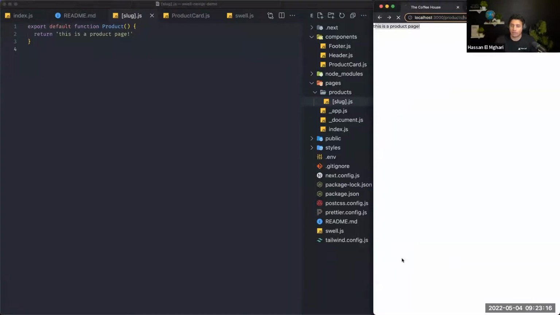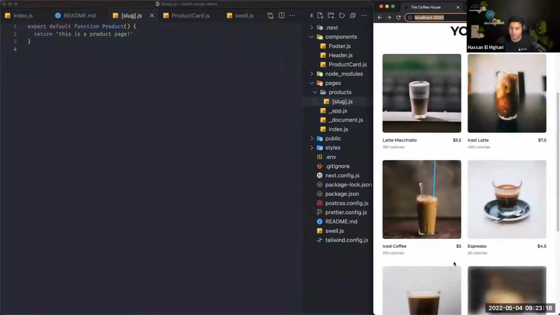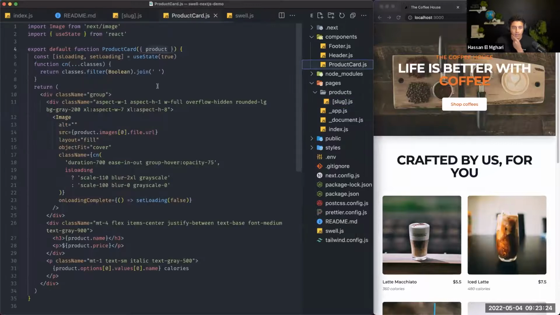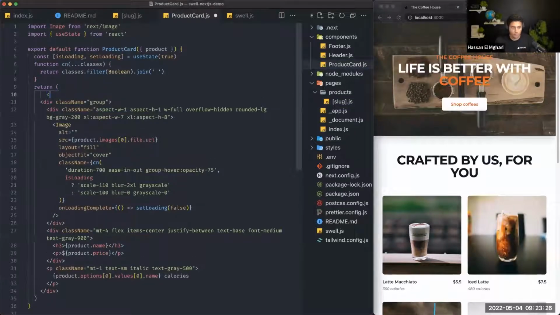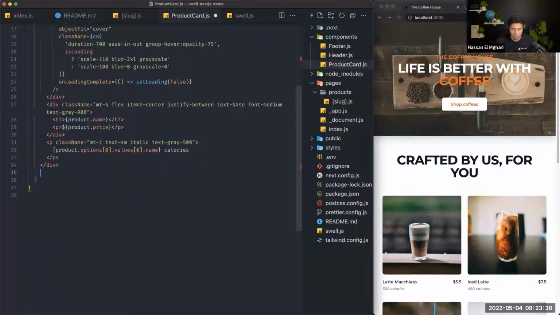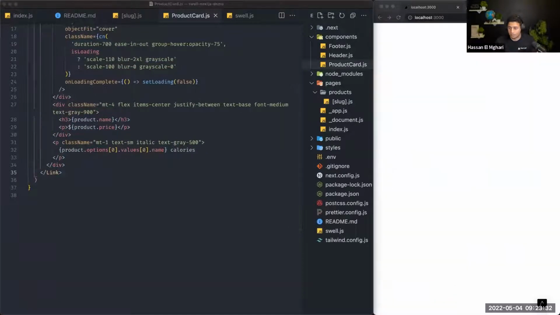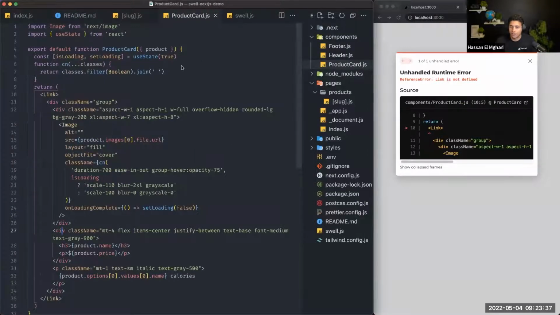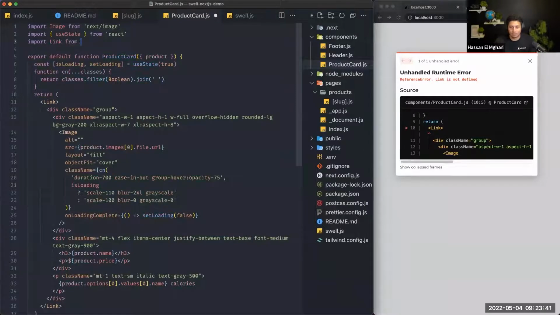So let's actually go back. And over here on our main page, right? We want the user to be able to click one of these and go to something. So we want to go to the product card component, and we're actually going to add a link. We're going to wrap this in a link over here. And actually, right before we do that, this errored out because Link is not defined. So let's go ahead and import Link at the top. So import Link from next/link. And inside